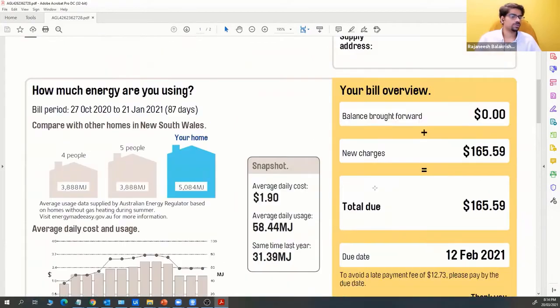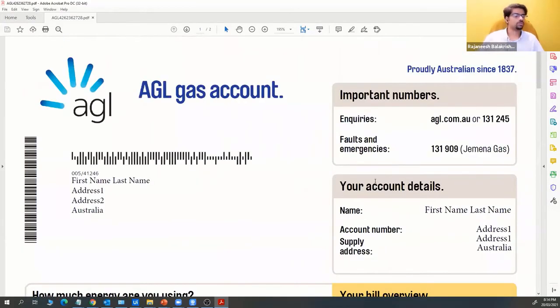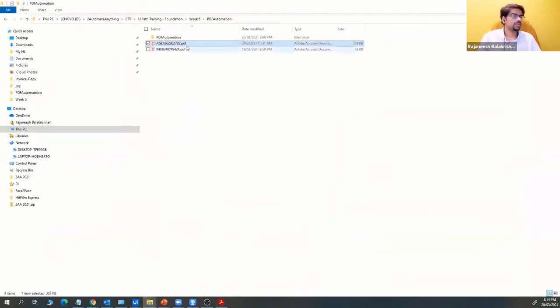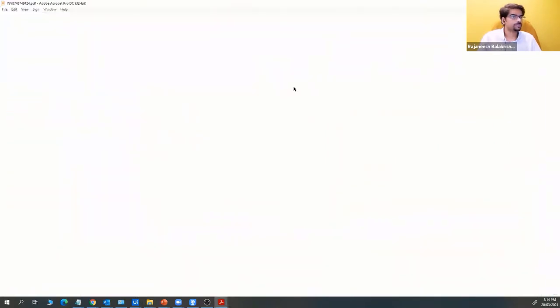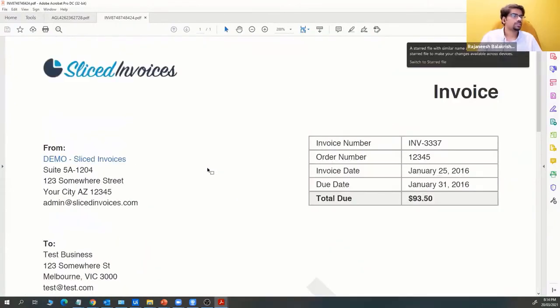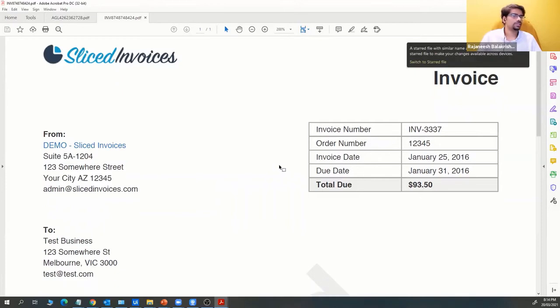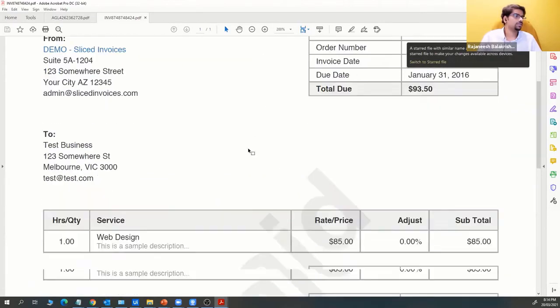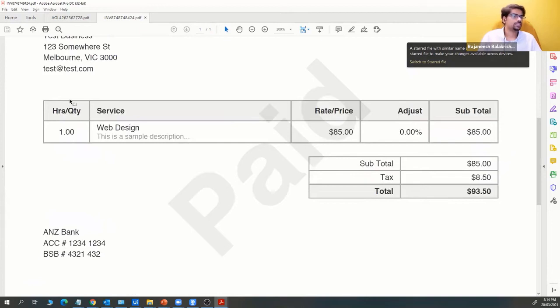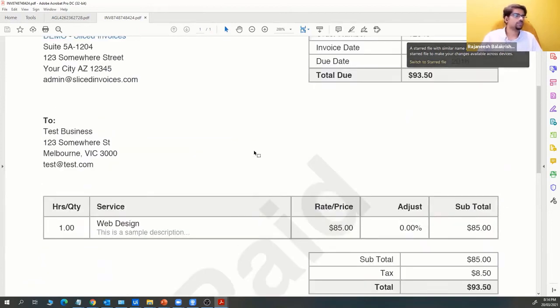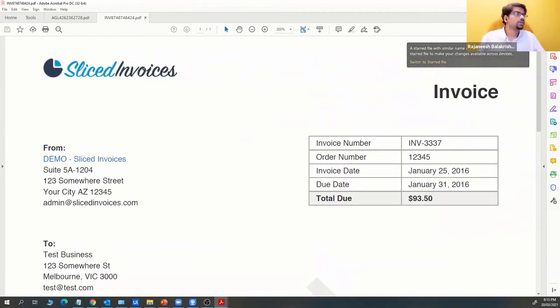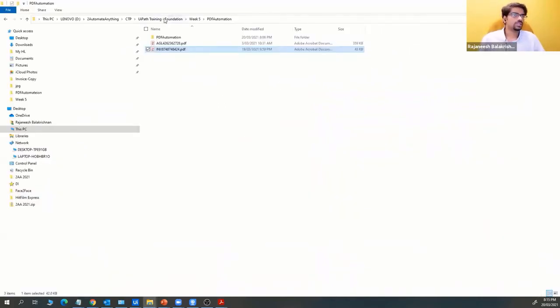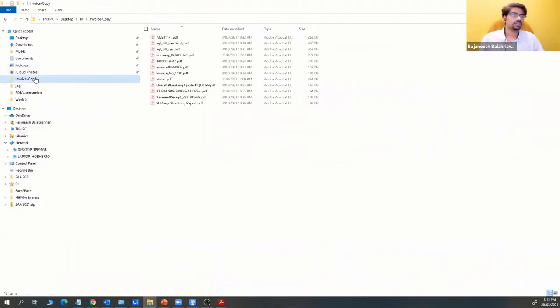So this kind of information you will be extracting, and you want to put it in Excel or update it in some other application. Imagine that is the automation requirement. Similarly, we'll go through one more PDF, and it discusses some more information like invoice number, order number, invoice date, due date, and you need to take all this information along with the hours, the service, and the total. If you want to grab all this information, we'll use these two and maybe some more as well.